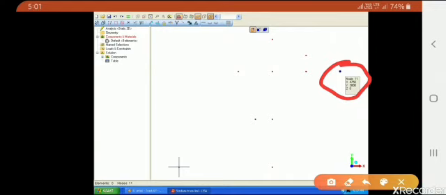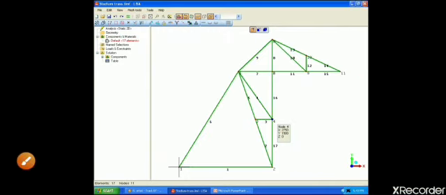Once we have obtained all these nodes, we can join them together to make the truss element like this. That is, node 1 and 2 we join to get element number 1.